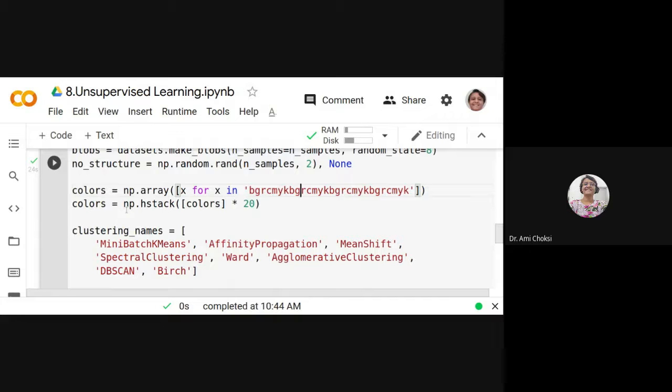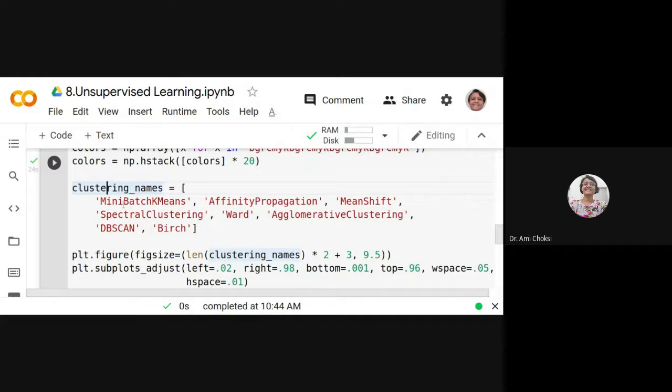Then we can say that we are having the hstack. We already used the horizontal stack and vertical stacking, isn't it? Horizontally, if we want to have the data, we are using hstack. If we want to have vertical data, we are using the vstack. Now clustering algorithm names we are having.